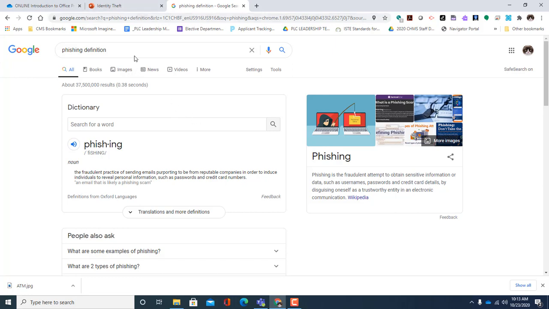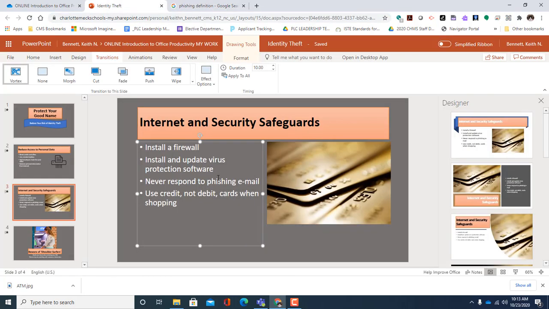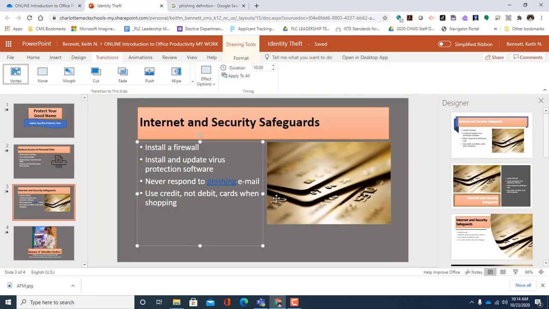So what we're going to do is copy this entire web address, and I want to right click inside my browser and go to copy. And now I want to come down here and select the word phishing with my mouse. Now I want to see if this works. I'm used to hitting on my keyboard the Control and the K keys, and it indeed does work. So that opens up the box to insert hyperlink. So now I want to hit Control and V to paste. Then I want to click Insert. And now you see that we've got a link here